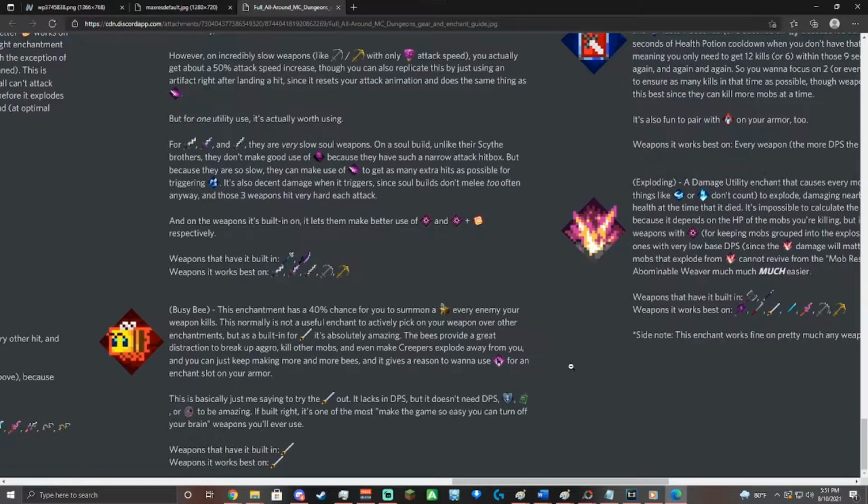Next then we have Busy Bee. This enchantment has a 40% chance for you to summon a bee with every enemy that your weapon kills, with a maximum of 3. This normally is not a useful enchantment to actively pick on your weapon over other enchantments because